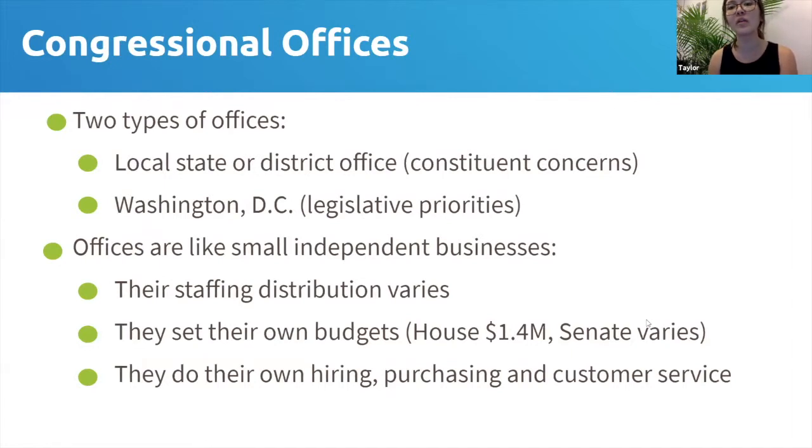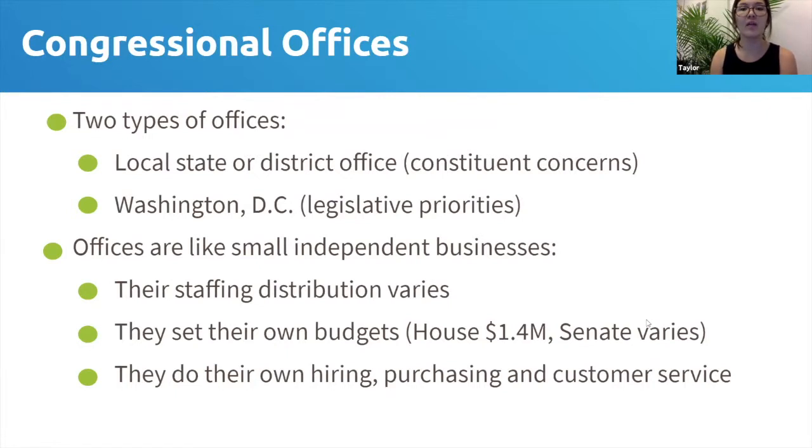If the member of Congress represents a large state or district, they may have more than one local office. Offices are not monolithic. Each has their own budget. So in the House, there is $1.4 million a year, whereas in the Senate, it really just varies depending on your state. And most of that goes to the